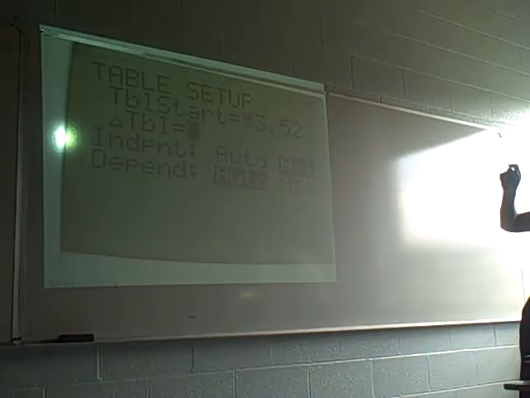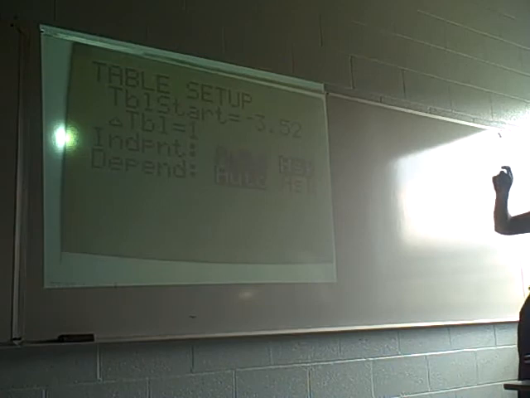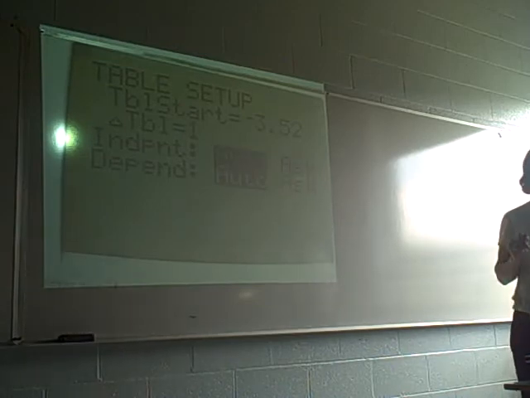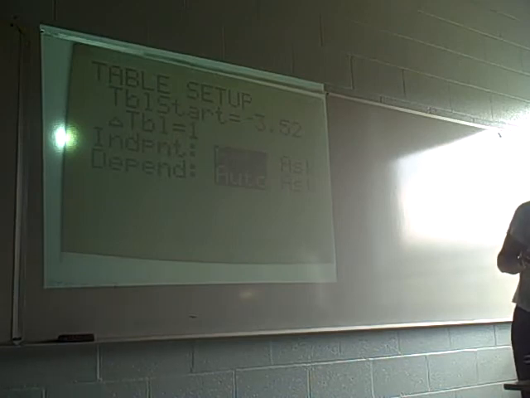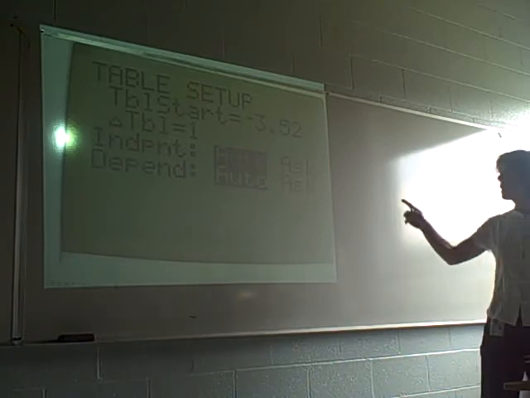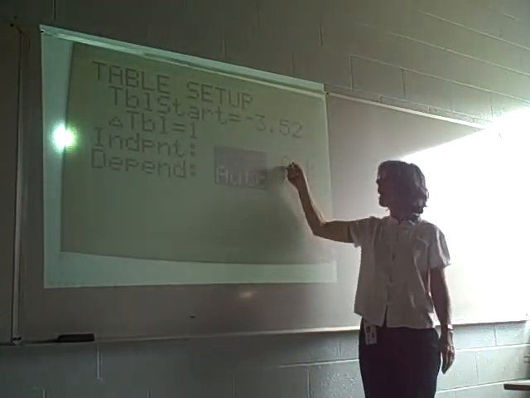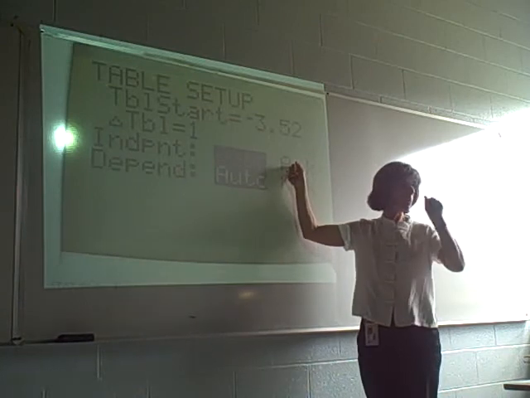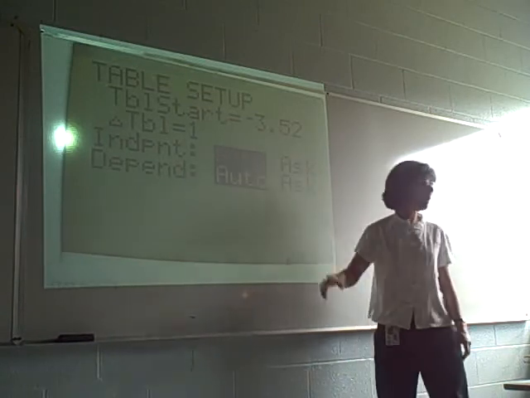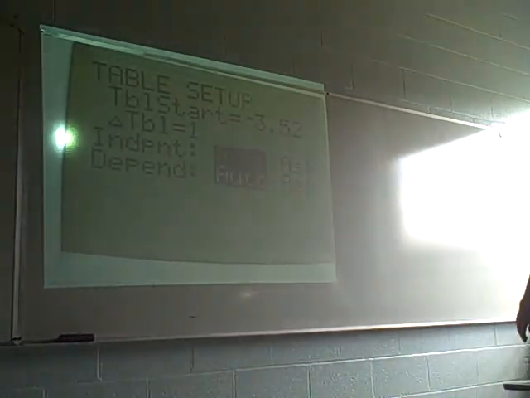Then normally, I always get decimals. If you put it as start -3 instead of start -3.52, you get whole numbers. Yeah, my table set was on ask, so I wasn't doing it. There you go. Okay, it needs to be on auto. So it will give you this. If you're looking for something in particular, you put it on ask. Okay? So now if I go back to